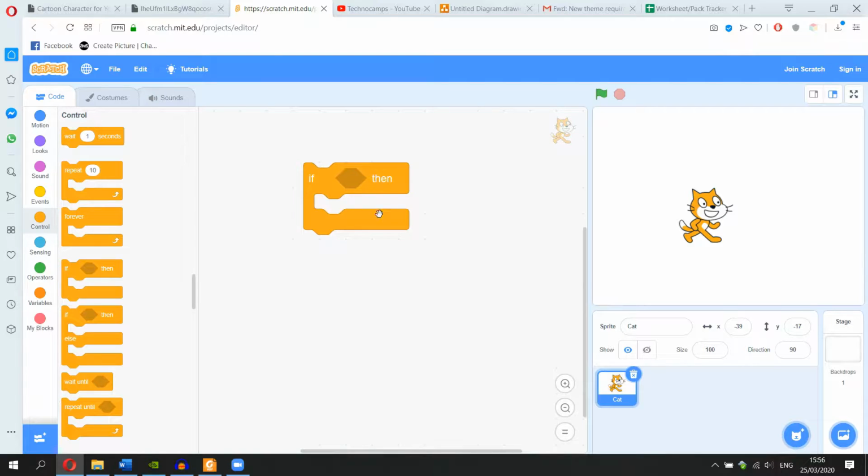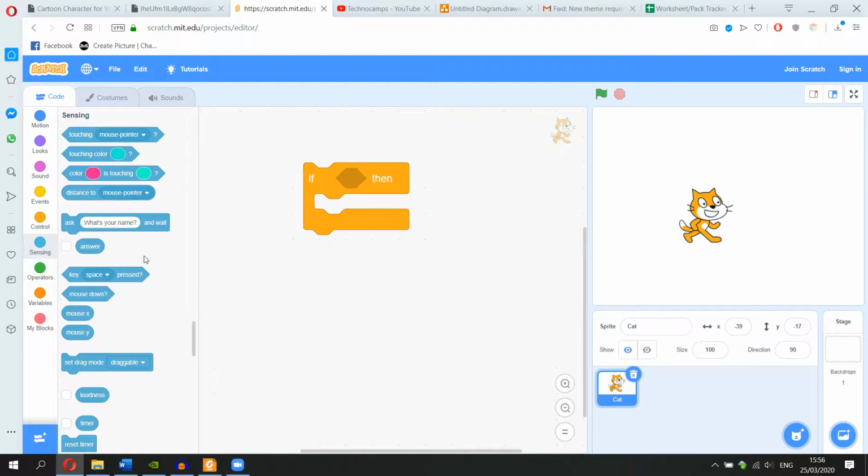If then. You can see it's slightly different to most blocks we would have used so far. You've got this weird gap, and that is where you put a condition. And then here is another gap where you put whatever code you would like to run if the condition is true. So say if I wanted to check if,